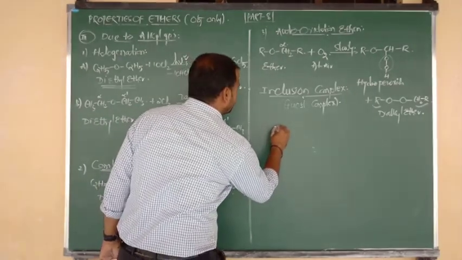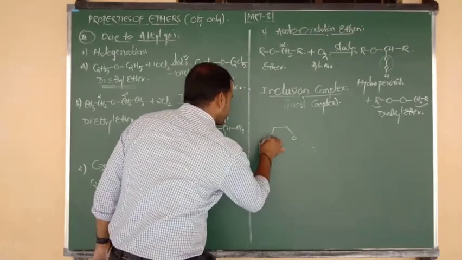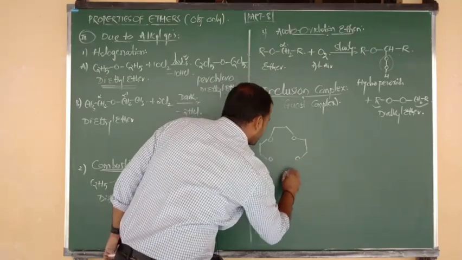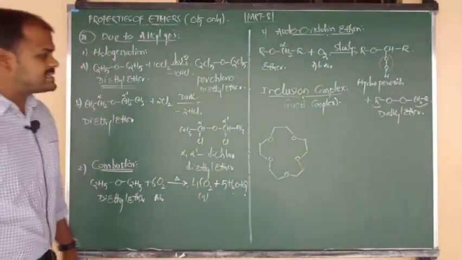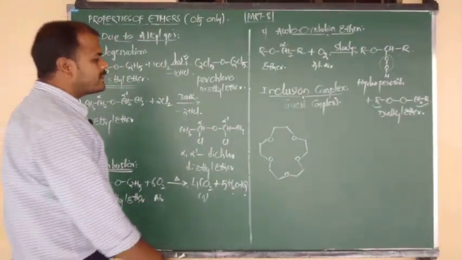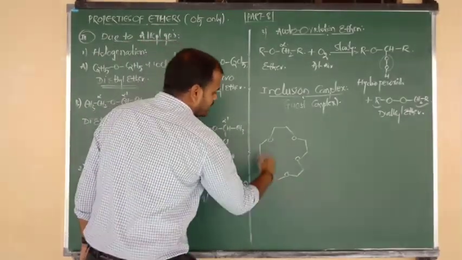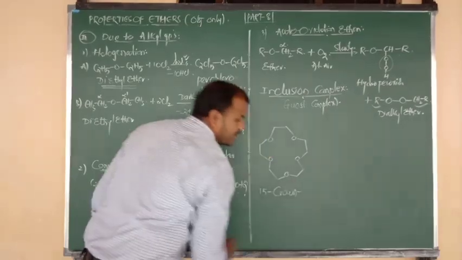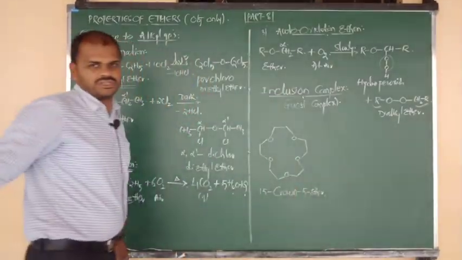Yes, I am going to show the structure. Yeah, beta. So this is the structure of what, beta? Ethereal oxygen, I mean crown ether structure, beta. In that crown ether, how many atoms are there in total? If you want, you can consider numbering 1, 2, 3 like that, beta. So the total number of atoms is 15, the structure is crown shaped, and oxygen atoms are 5. So this is nothing but 15-crown-5 ether structure.